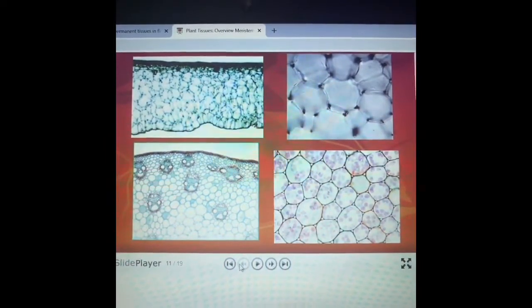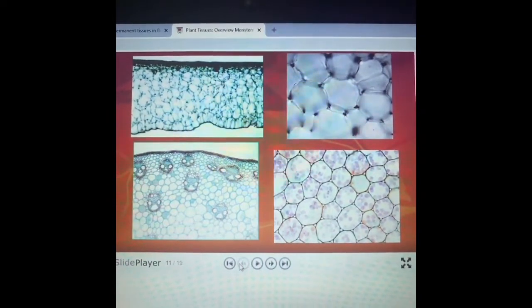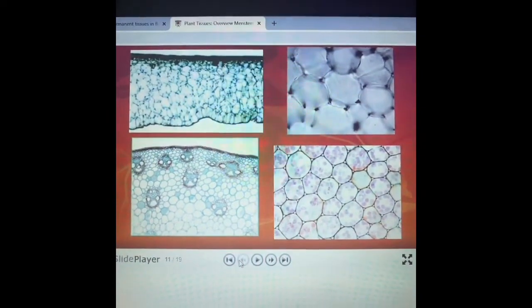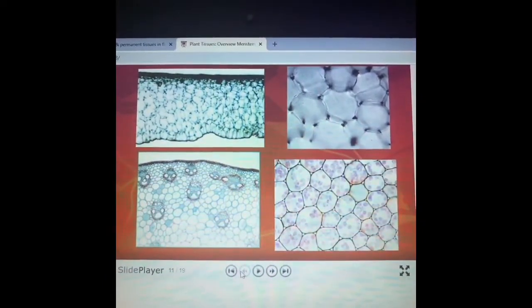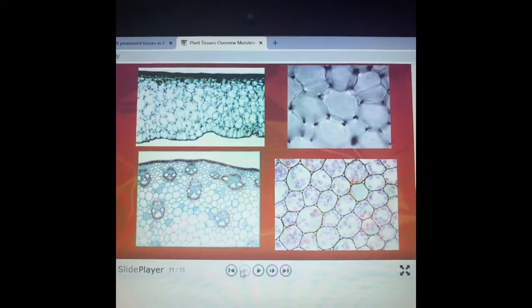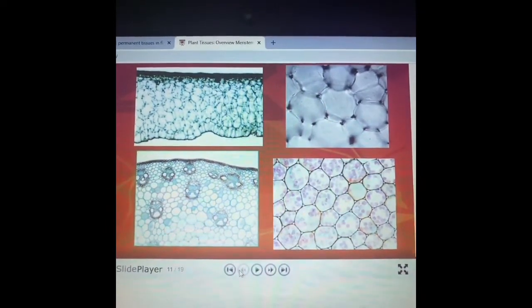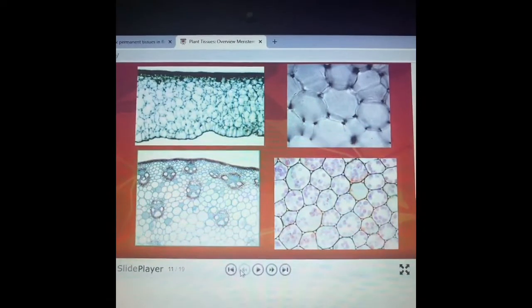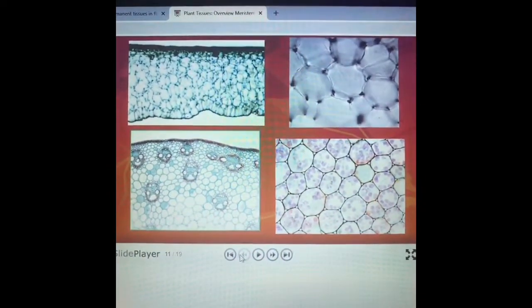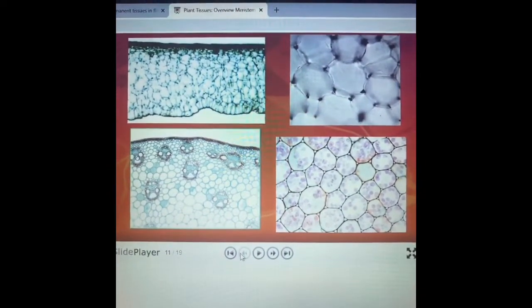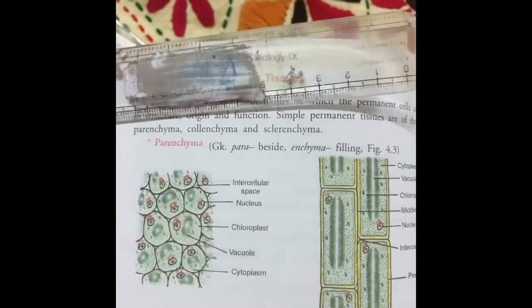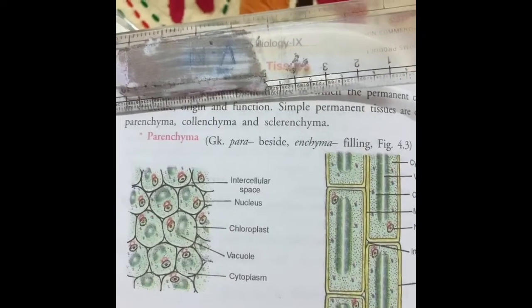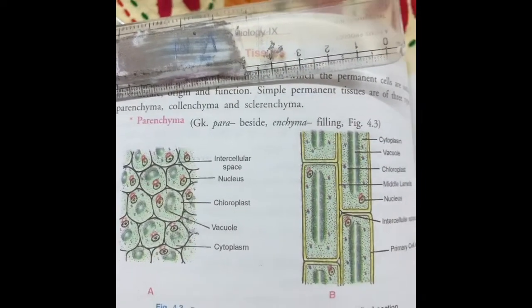They occur in all parts of the plant like the stem, the root, leaves, flowers, fruit, seed. Mesophyll of leaves is chloroplast containing parenchyma. Cortex, pith, medullary rays of the stem and root are formed of parenchyma. Vascular tissue also contains parenchyma. So these are the parenchymatous cells. They are the most abundant cells. You all can copy this diagram and write the features of the parenchyma tissue.